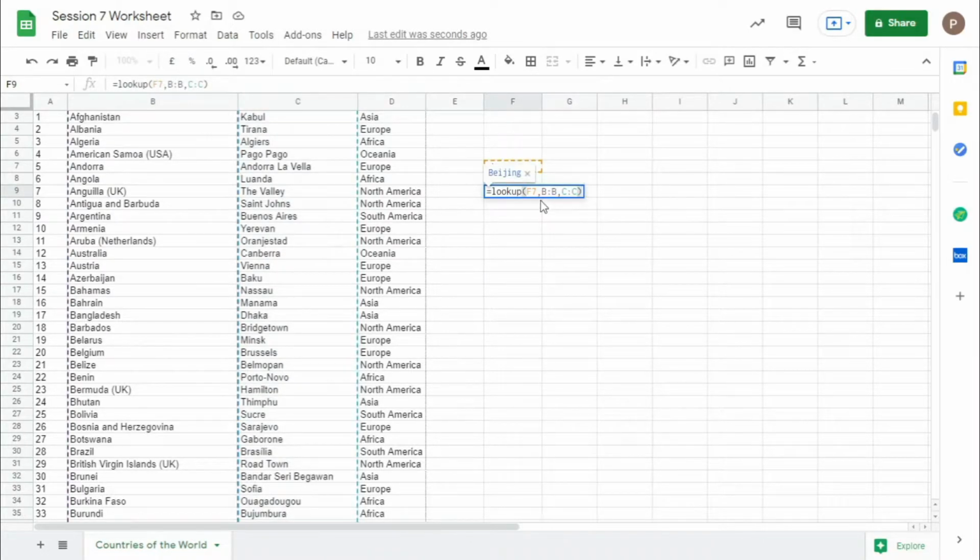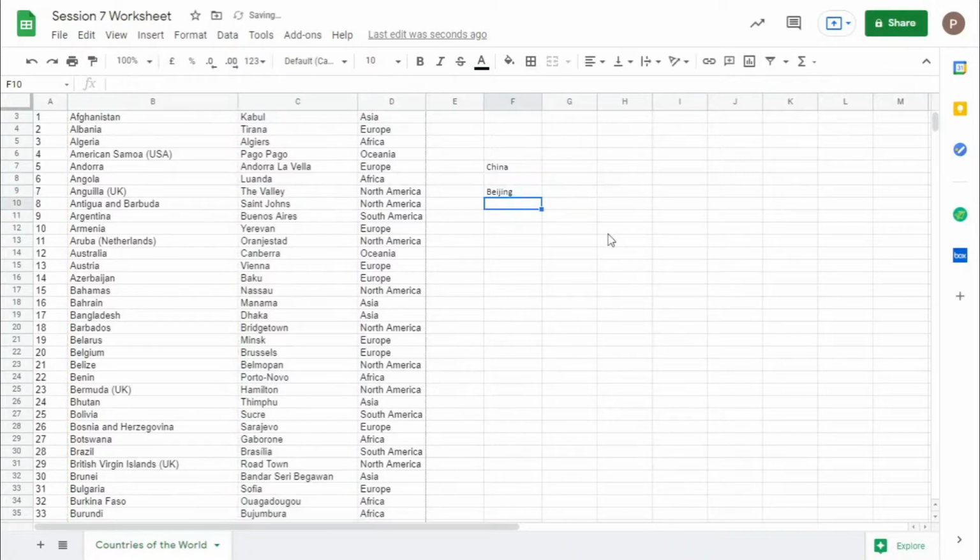If you don't want to have a cell reference here, you can directly type the text. But since it's showing an error, as you all know, when you are typing text, you have to give quotation marks. If not, it won't take that as text. It takes that as a number. So you can do that.